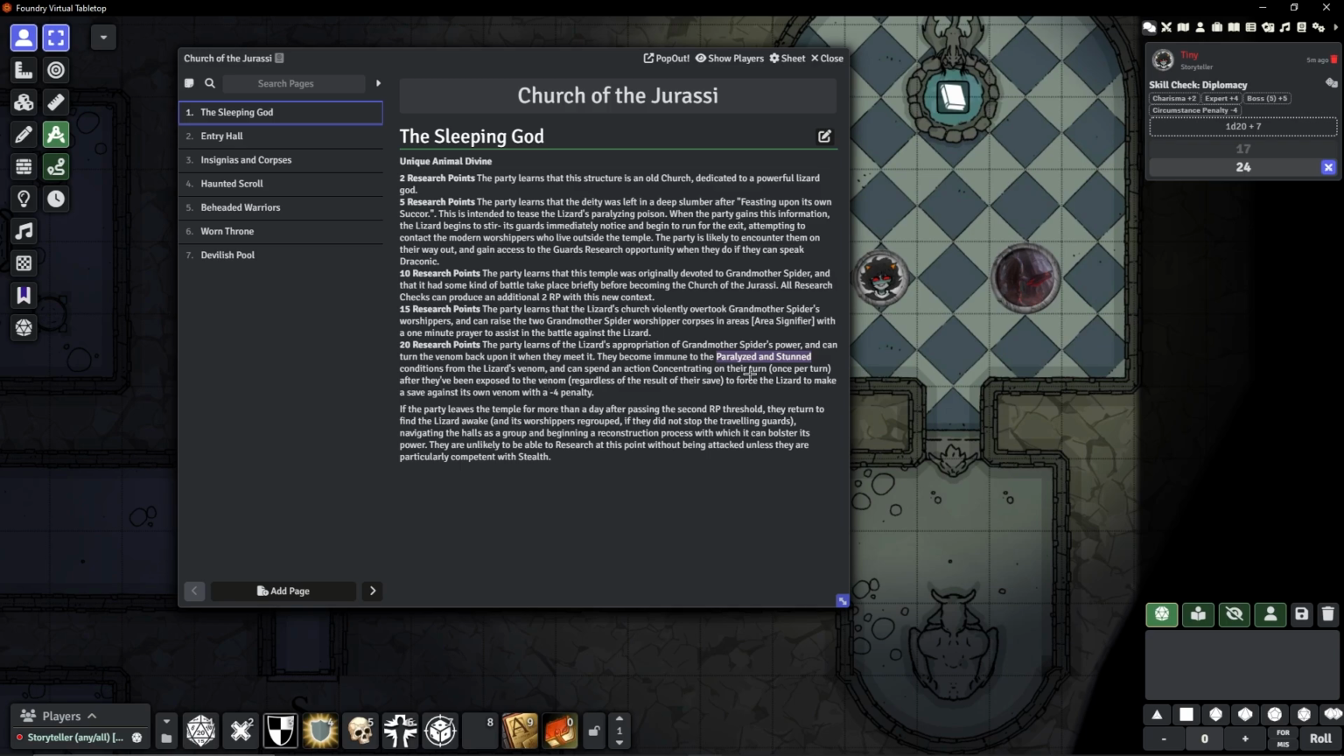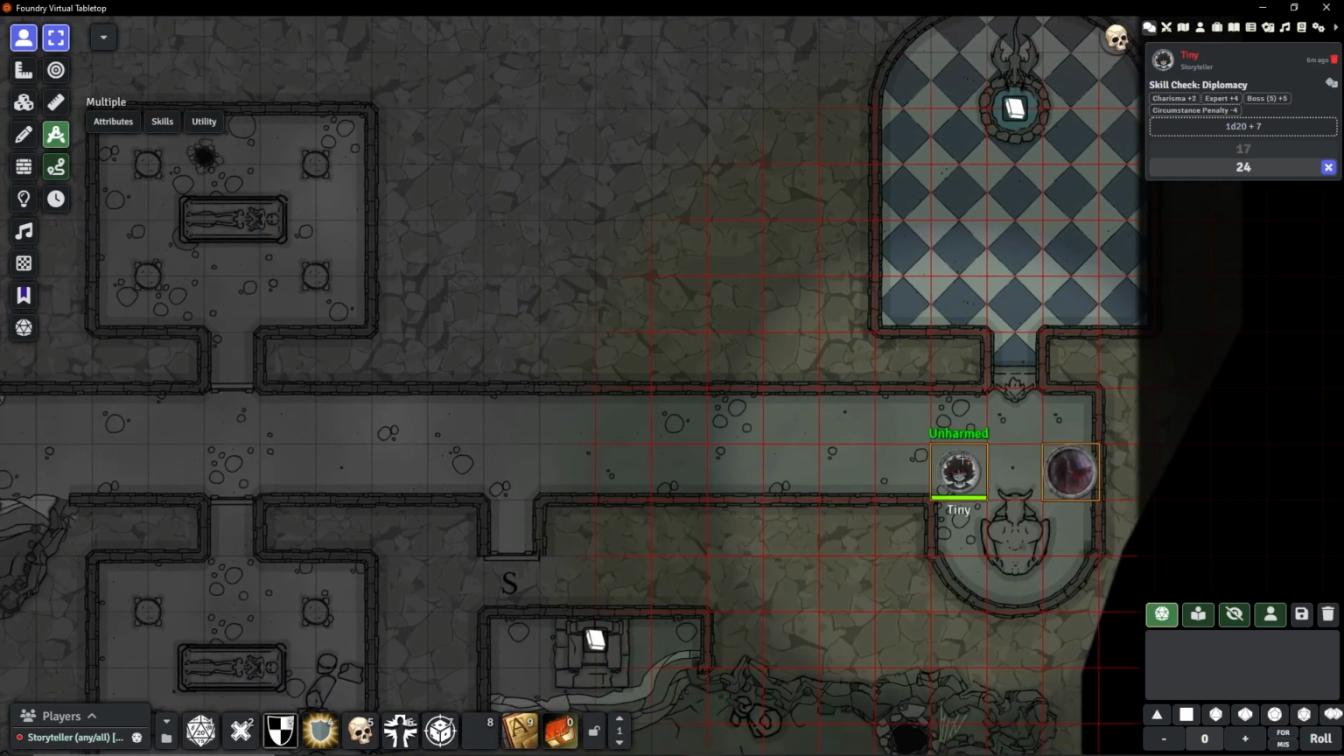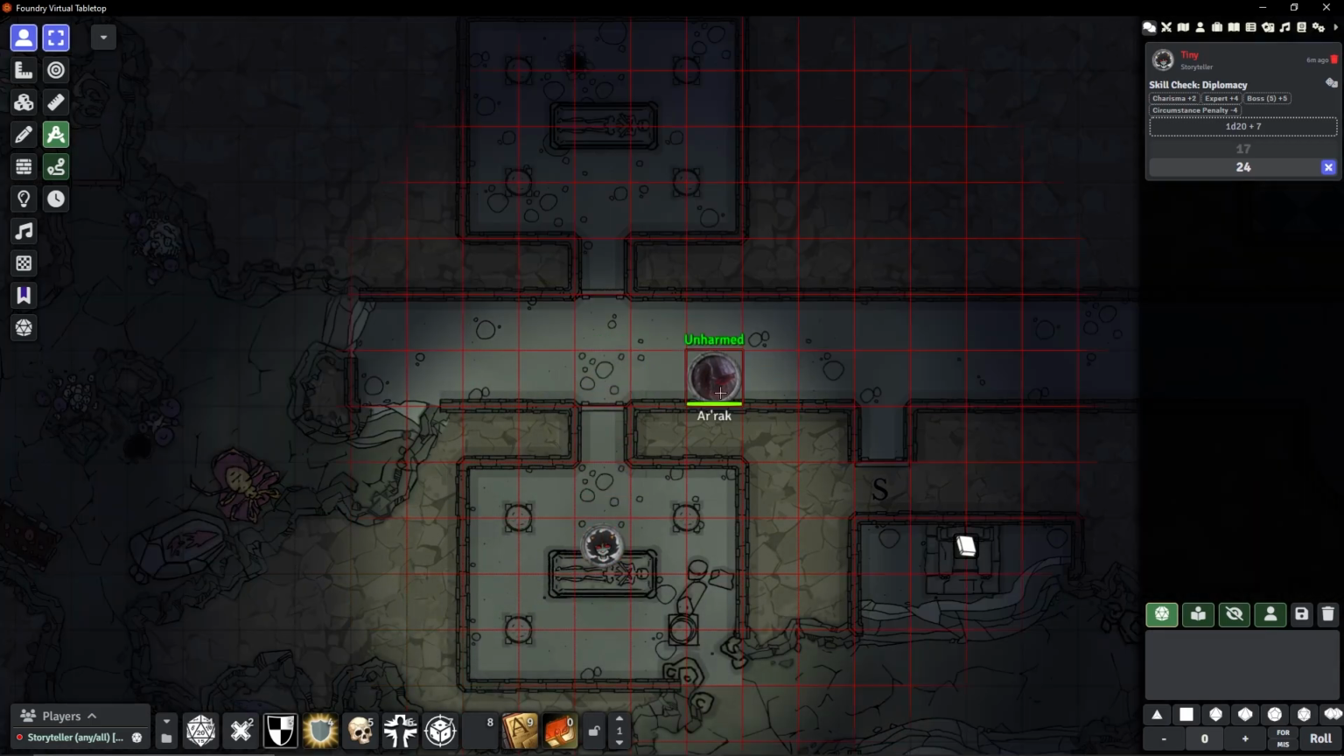It would do damage, paralyze, and stun you. And they can spend an action concentrating on their turn, once per turn, after they've been exposed to the venom, regardless of the result on their save, to force the lizard to make a save against its own venom with a -4 penalty. So now, armed with that information, the party will make their way back here, summon both of the